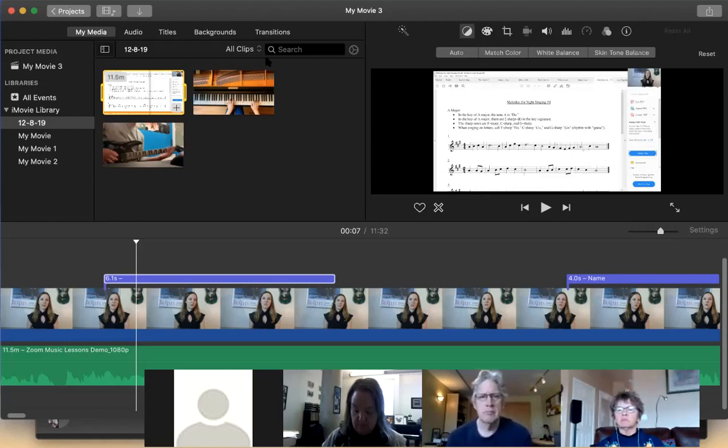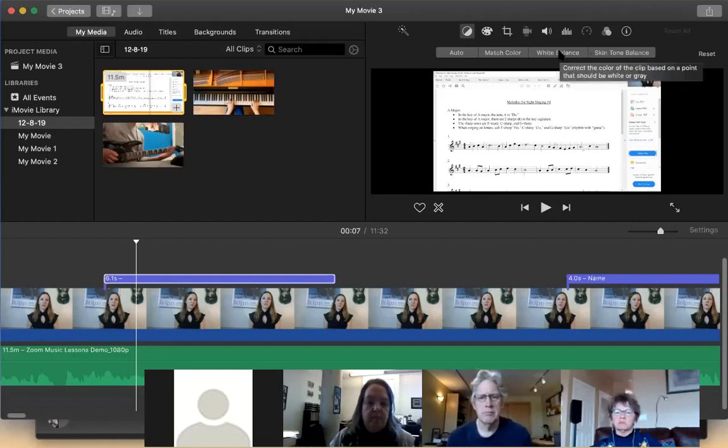Pretty much all of these are kind of self-explanatory, but this first one is some automatic features and some white balance and stuff like that. So all white balance is, if you have a feature on your laptop or on your phone or anything that makes things more red looking or red colored, that's kind of the white balance. So it sort of adjusts the difference between blues and reds.